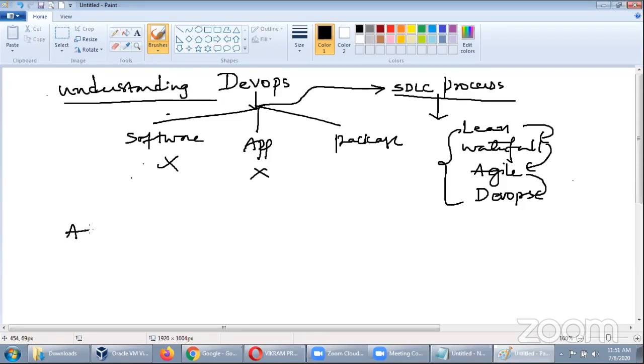Can't we run our software industry with Agile? Tell me, guys, frankly, can't we run? We have already proven this. Using Agile also you can run your projects, correct?